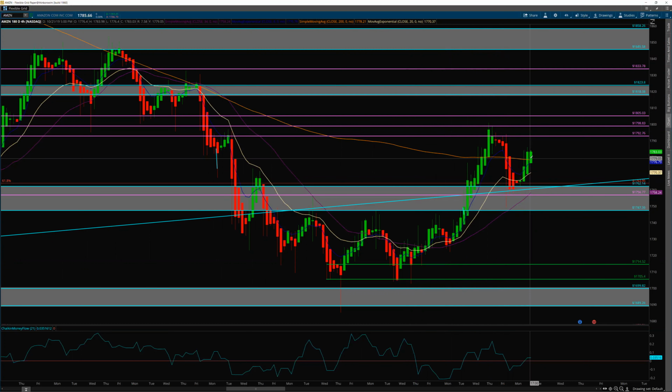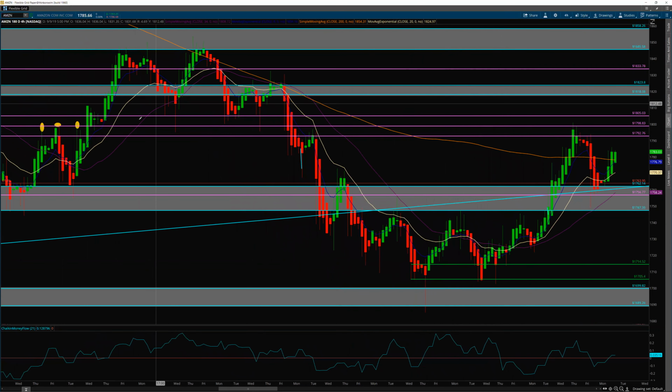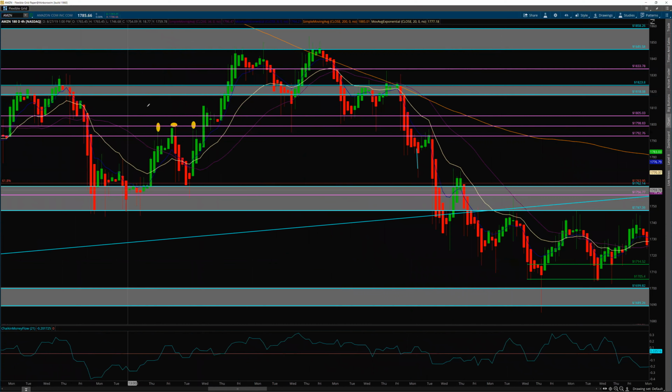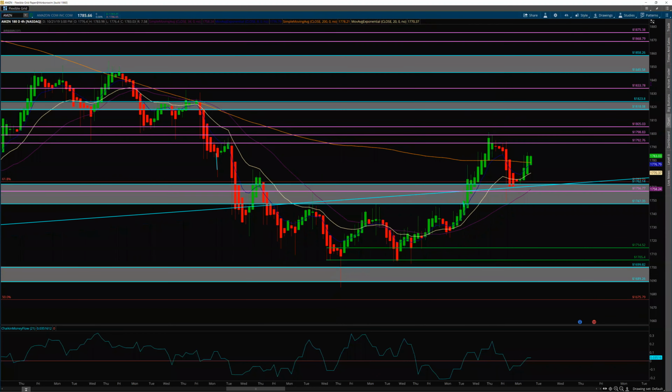What we really want to watch for is a break of the 1805. And the 1805 is definitely an area that we've had trouble with in the past, whether breaking under, or once under, breaking back over. So we want to see if on this second test, this second wave up, we can push above this and then climb and get through the